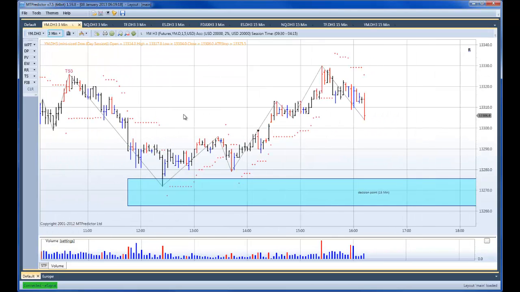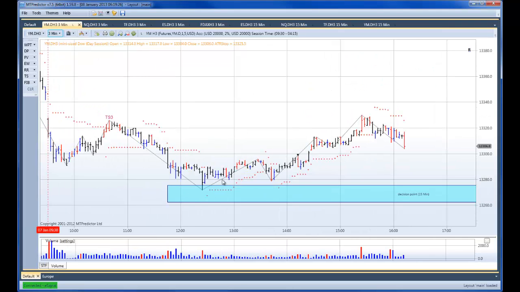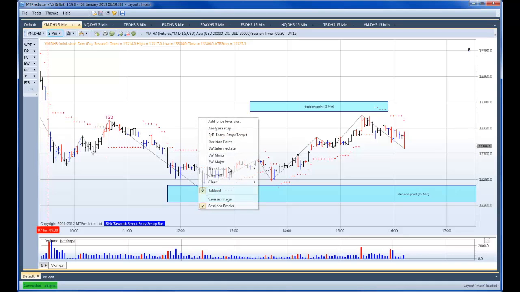If I zoom out a bit, have a look at this rally coming up here. It looks like a lovely 5-wave sequence, but obviously we wouldn't have known that at the time. So if you were looking to take a trade with our VSA set up off the low of the day, your initial target would have been a DP off this pivot, because this is the last swing into the low. If you'd set up the risk reward off this particular pivot there,